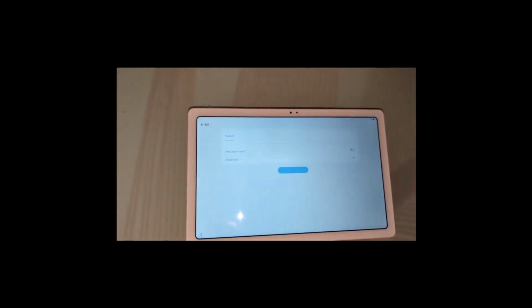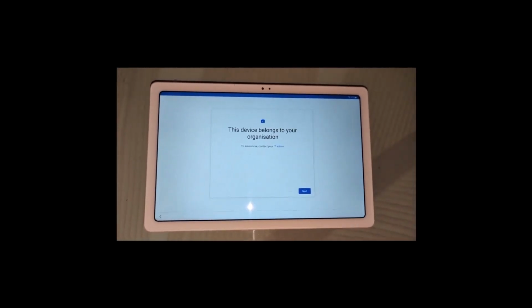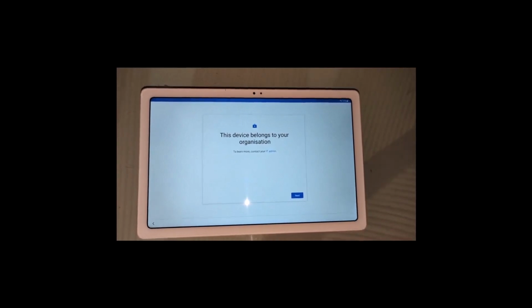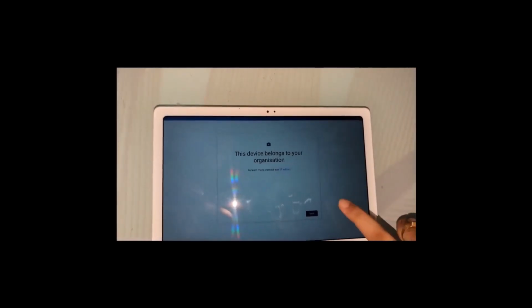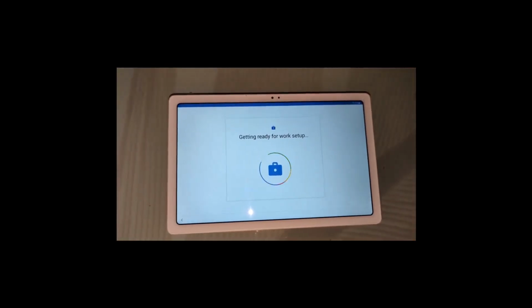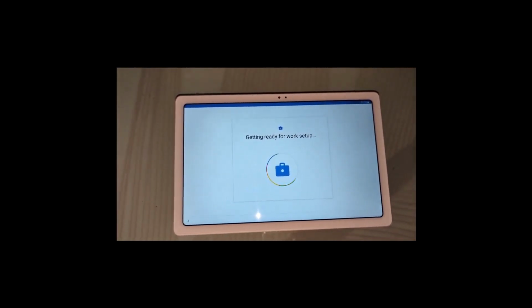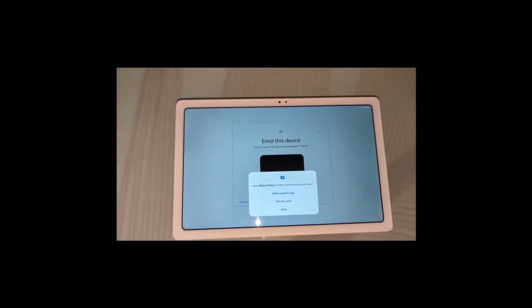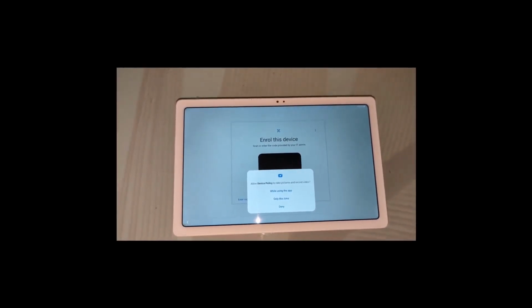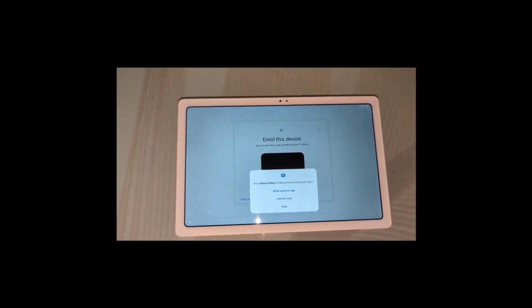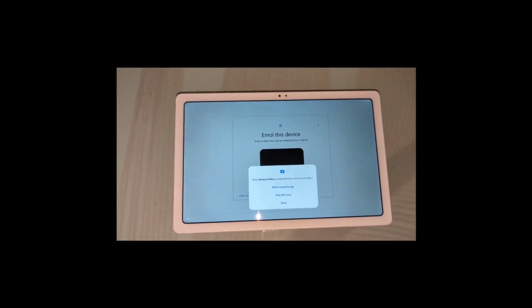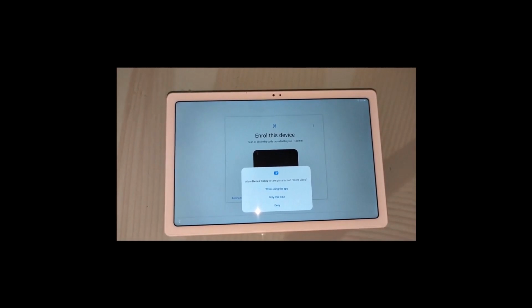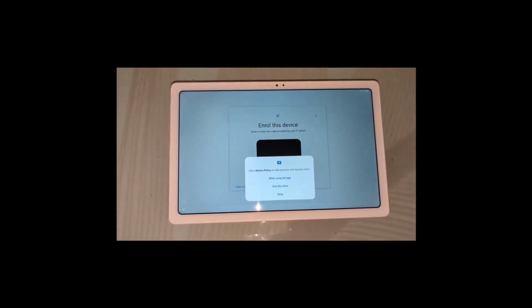All right, so going to connect to the internet. Okay, so it gives us the first prompt, that is, it has got the profile and it has realized that this is a corporate device. So prompts until now have been the same. We have not seen any change in prompt as compared to what we would see earlier. But this is a new prompt that we are seeing. Since we have not provided the enrollment token, the device does not know which token to use in order to get enrolled. Therefore, it is telling us